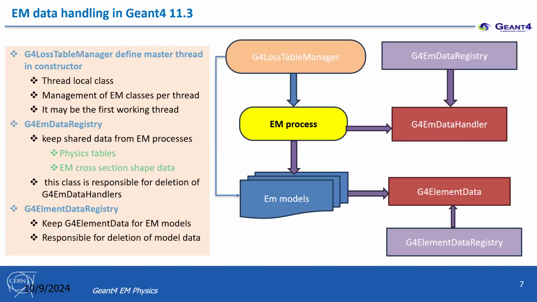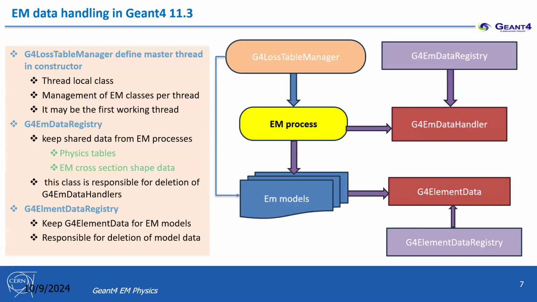In current version of Geant4, we even may not have a master thread, but the first thread where we start Geant4 may be the master. And this loss table manager interacts with all electromagnetic processes, with models, and processes and models access data via